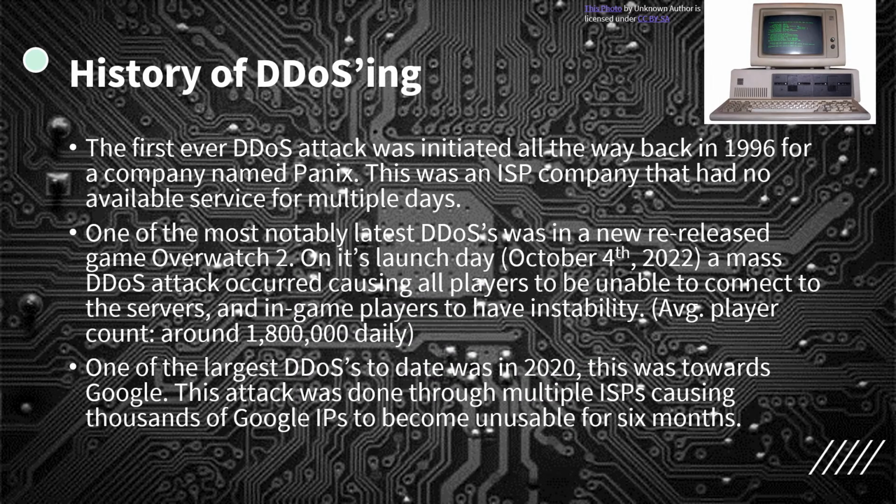So for the most notable attacks you will hear about if you're asked about DDoSes throughout the years, the first one being in 1996, one of the first ones, was against a company named Panix. And Panix was an internet service provider, and if you know how many internet service providers were around back in the day, then you know how many people would probably be impacted by this one. This one went on for several days, so you can guess a lot of people that use the internet did not have any connection or very unstable connection to it.